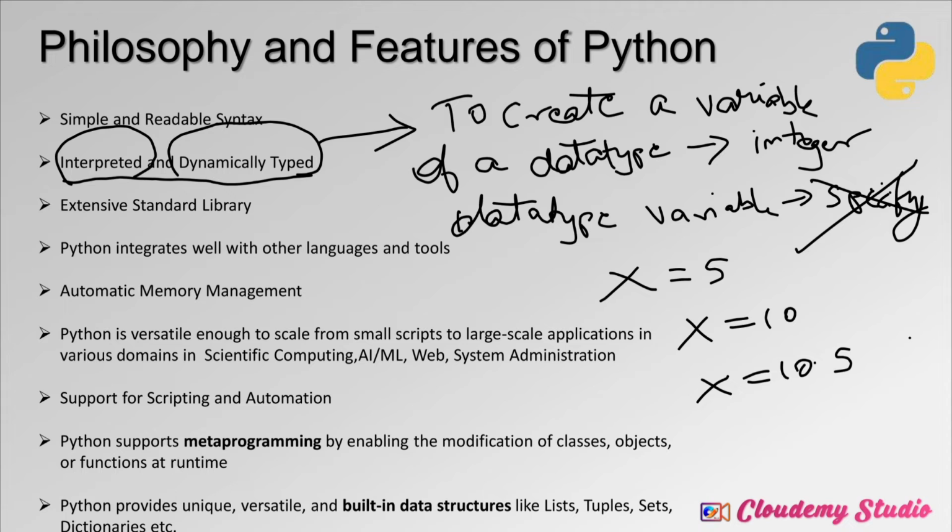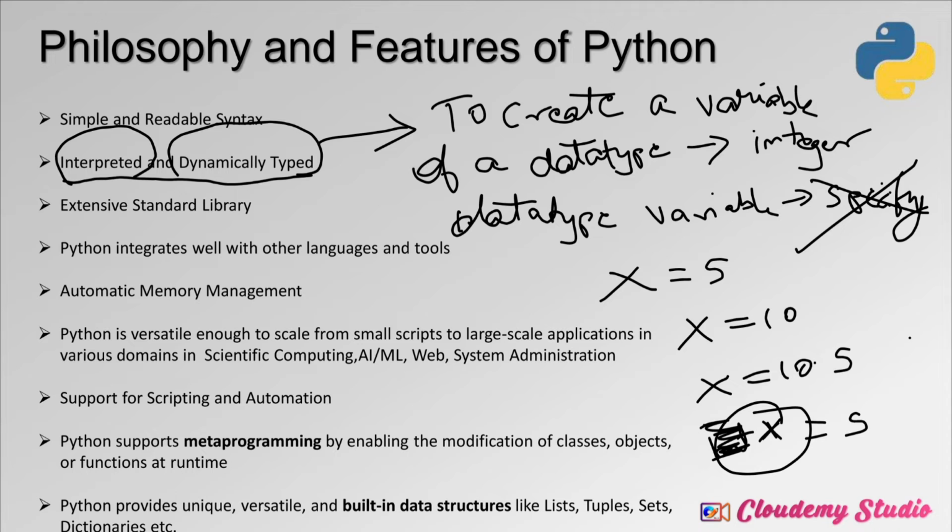If I don't write this int x and I only write x is equal to 5 in the C language, the C compiler cannot interpret what that x data type is, whether it is an integer or a float. There will be an error during compilation time. In the case of Python, there is no such restriction. Python allows the creation of a variable without specifying the data type. We can create a variable of any data type by just creating a letter, a character, and equating that variable to a certain value of the data type which we want it to be.